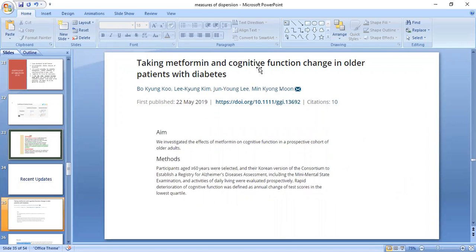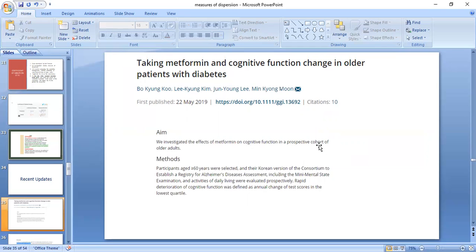First article is taking metformin and cognitive function change in older patients with diabetes. I include these studies to indicate how these measures of dispersion can be used in research purpose and in our daily life. While there is nothing added newly in them, the aim of this study is we investigated the effects of metformin